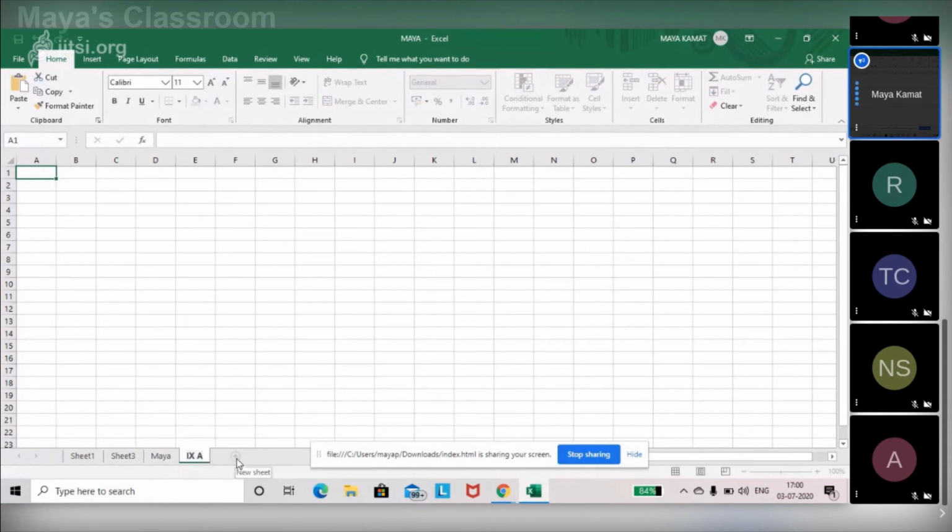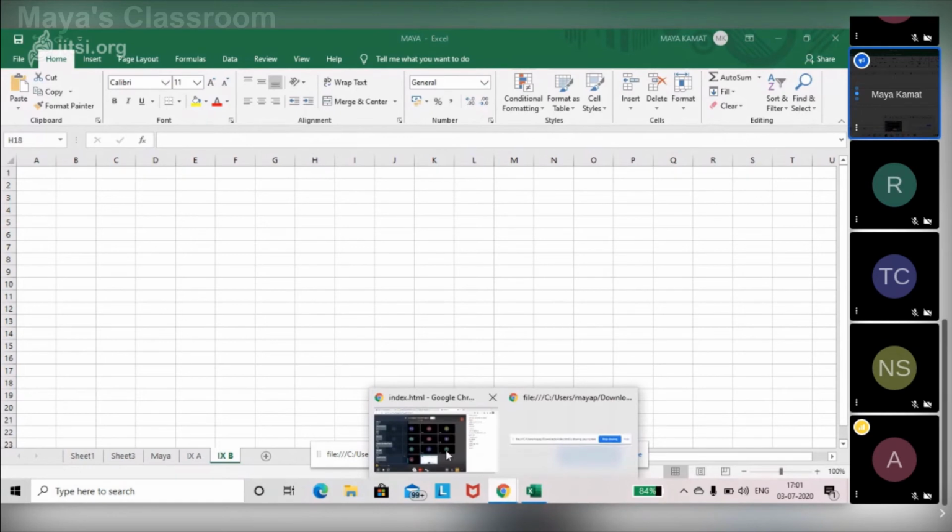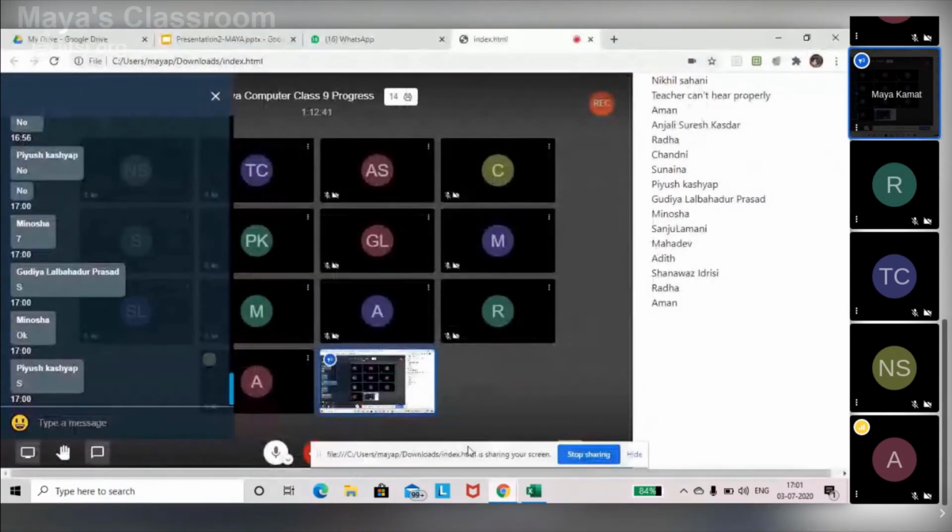Again, I'm clicking on the plus sign to add a new sheet. Double click on the sheet name, 9B. So over here, 9th A, I will save a file for 9th A's use. 9th B, I will save a file for 9th B. Clear with adding a new sheet to your existing file?